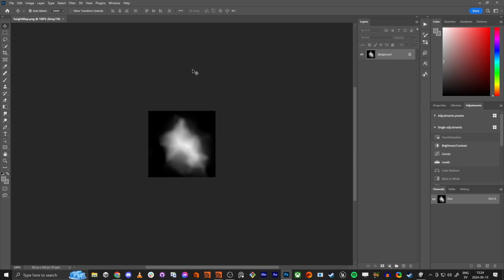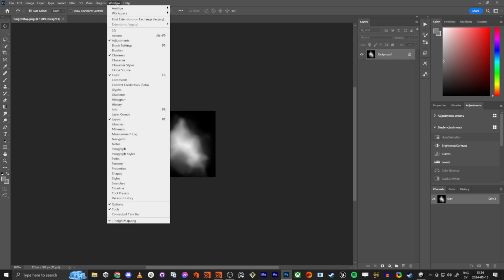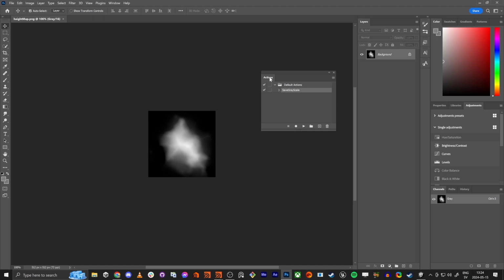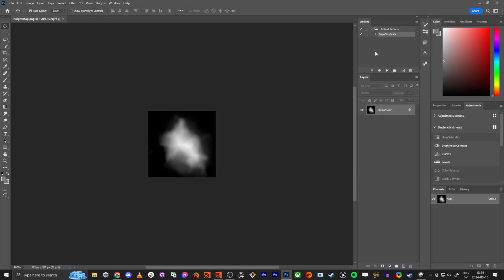And you have a thing in Photoshop that's pretty nice. So it's in Windows and Actions. And here you can create actions, because I'm going to do this quite a lot. So I'm just going to show you how to do it. And so because I wanted to save it as a raw file for me, just by clicking once, I save a few clicks. So I'm going to do a new here. So I'm going to do save to raw,